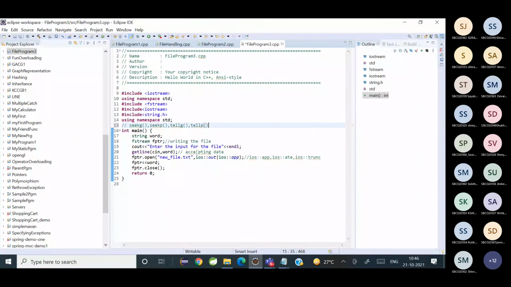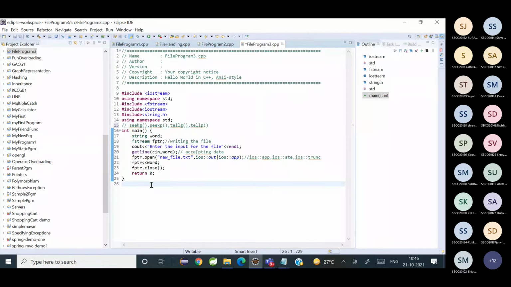You're going to set the pointer. Inside the bracket you will write in which position you want to put it. Suppose I wrote seek 10, seekg, and inside the bracket I wrote 10. Can somebody tell me what that will mean?